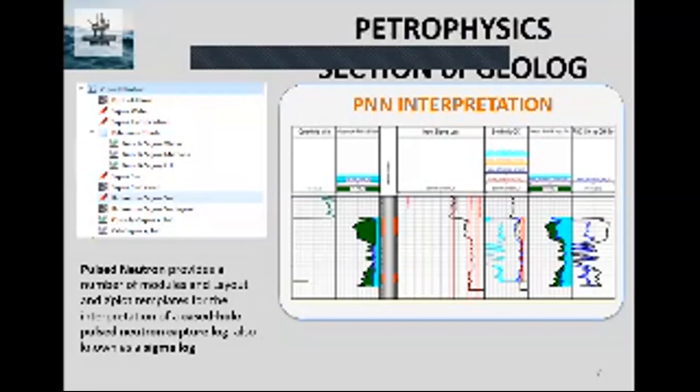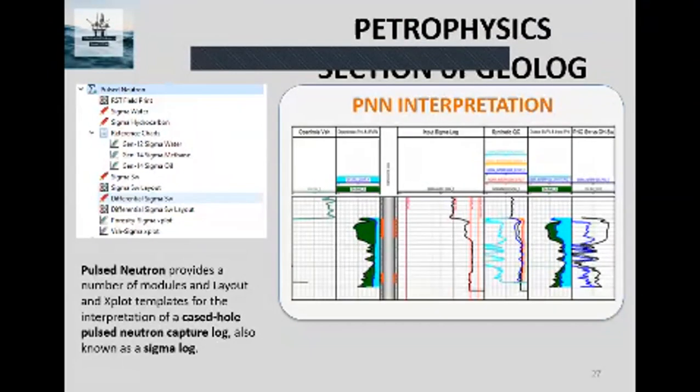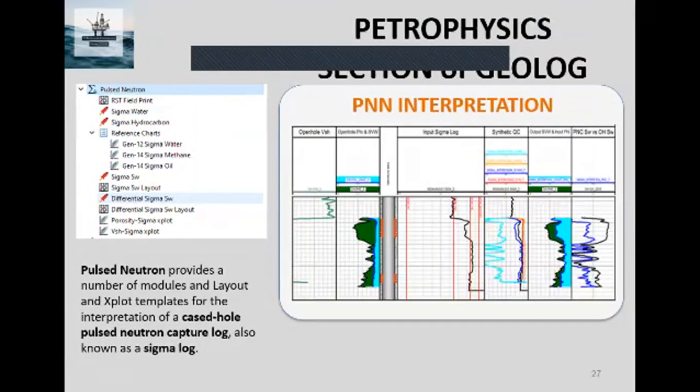PNN log, pulse neutron, and advanced similar logs work in the situation where you have cased hole logs and after production, and you want to know about such a change of saturation from the drilling time of a well and change of water saturation in a reservoir.